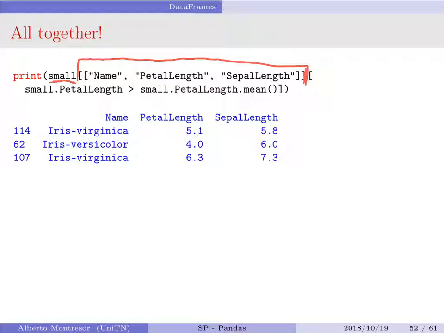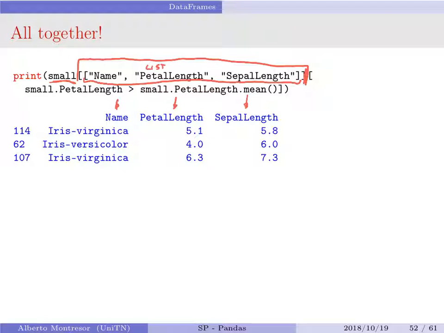And in order to do that, if you want several columns, you put a list of names of columns. So this is a list. Now what I get is a data frame which contains only the name first, the petal length second, and the sepal length third. But I don't want the entire data frame, but just a part of it.